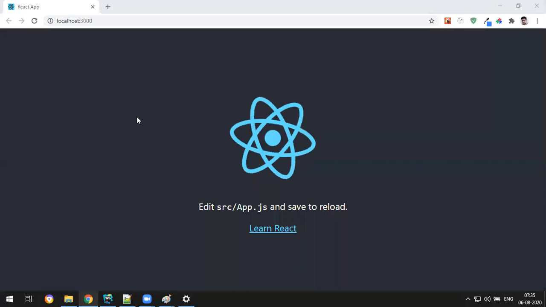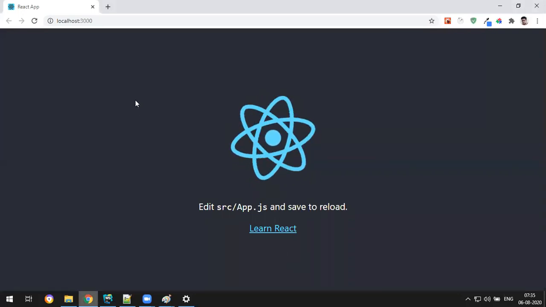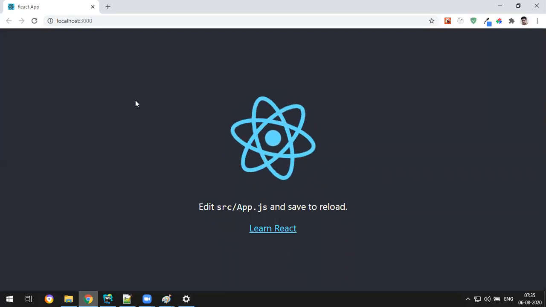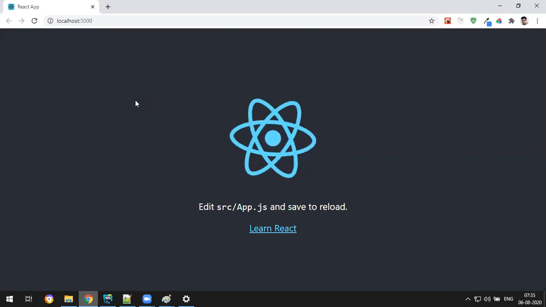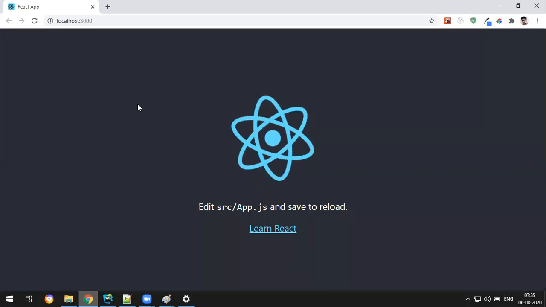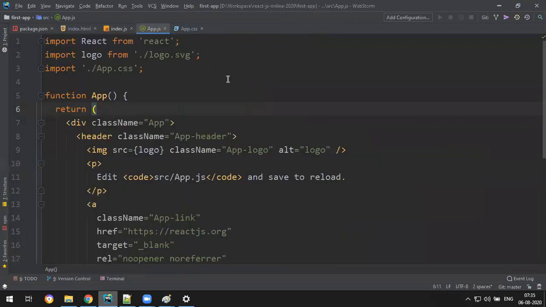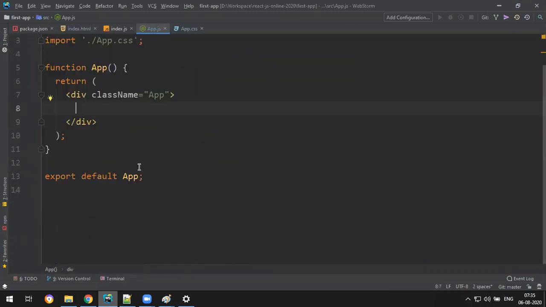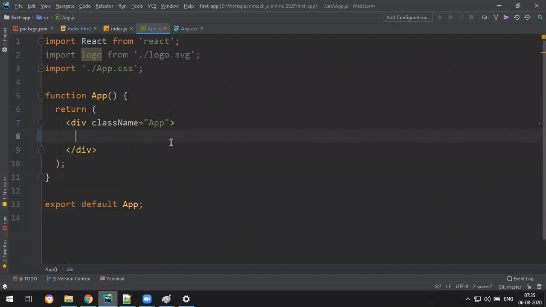Okay, fine. This is the default structure of a React.js application. Now it's time to create our own component, our own styles, our own content. That's the plan, because we don't start with this. Now we are pretty sure that this content is coming from this file, so I don't want this content. Let me delete this whole content. If you don't have anything inside, what happens? Nothing will be there here. That's the default.